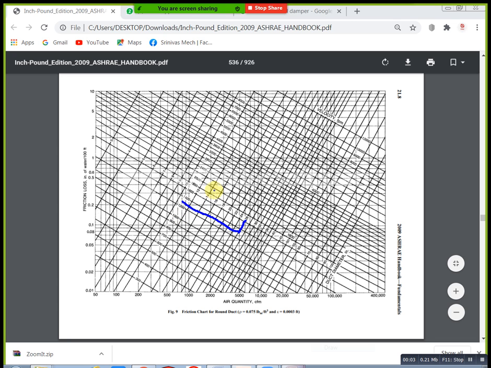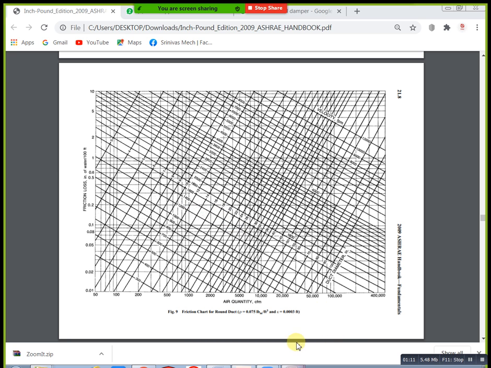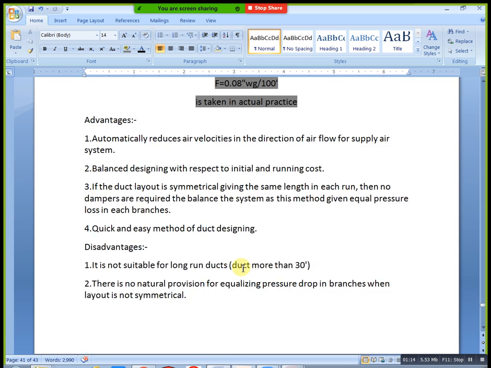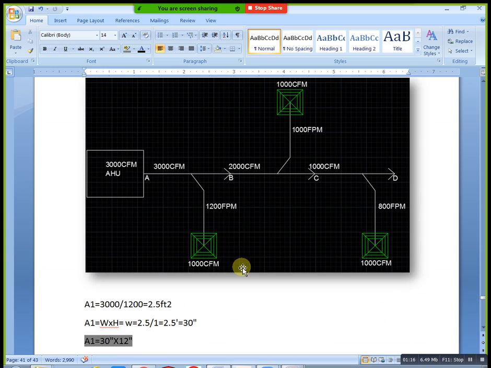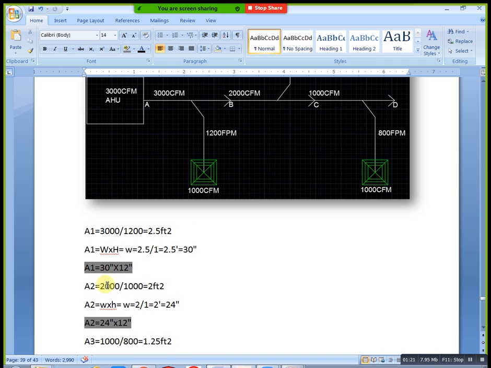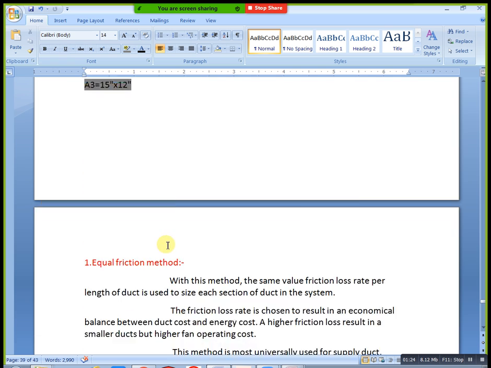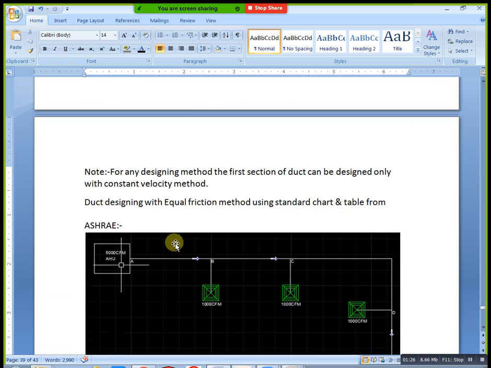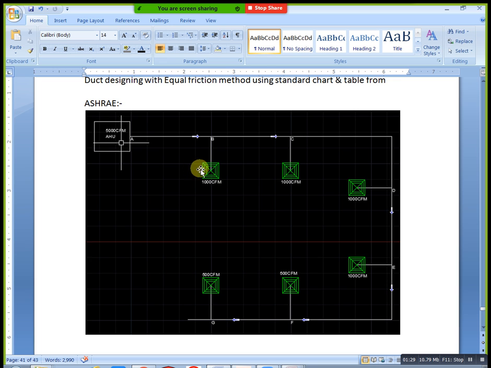Next, how can we find our duct values here? Now we know velocity, and at the same time CFM. You will take the continuity equation. For example, in the previous condition we know the continuity equation, just you can see here. We know CFM, we know FPM, and based on that we find our values. Same here also you can find. For example, what is our CFM here? 5000. From A to B we have 5000.